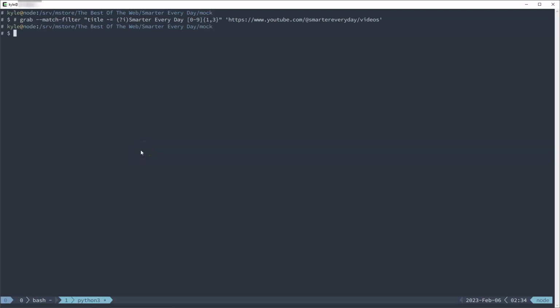So let's take a look at the command here. This is the original grab command that I used to download the majority of the videos from the channel. We see it using the match-filter option on the title with a regex, looking for the tag "smarter every day" with a space, followed by a 1 to 3 digit number. And that pattern was actually very successful. Got, I would say, over 95% of the videos